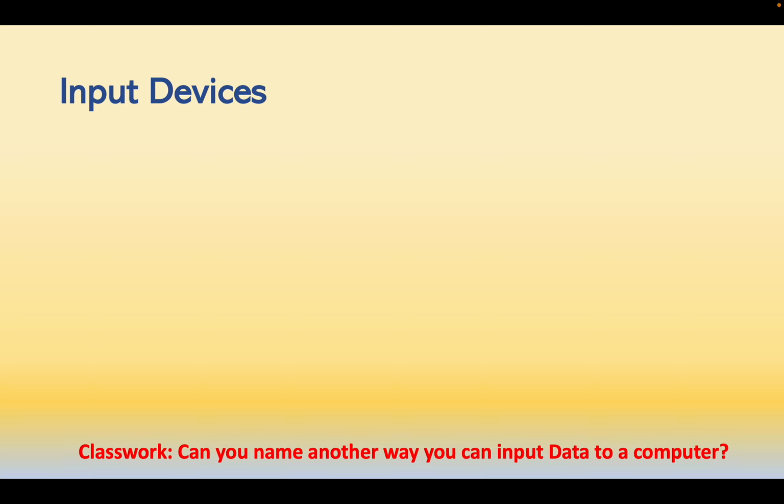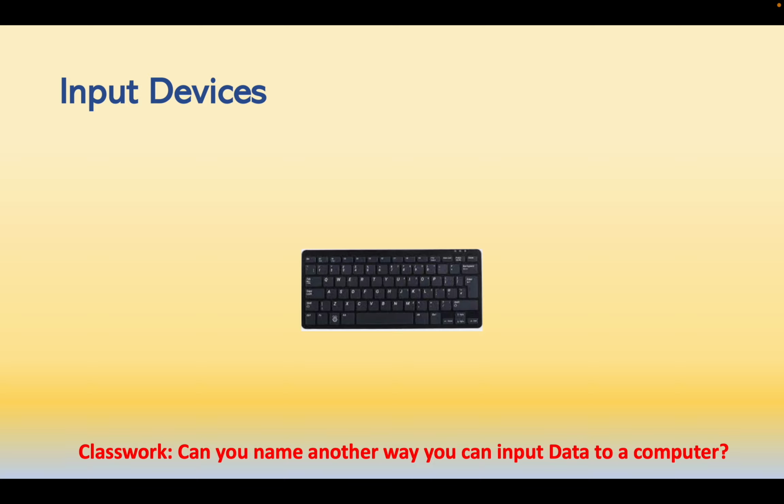Okay, so input is how do you put this information into a computer. The normal way we would think about is a keyboard. So that's the most obvious way of me putting information into a computer. You also have things like a mouse. A mouse gives instructions. You can move a mouse around the screen. You can click on it. So when you click, you're giving information to the computer so the computer understands better how to start processing the